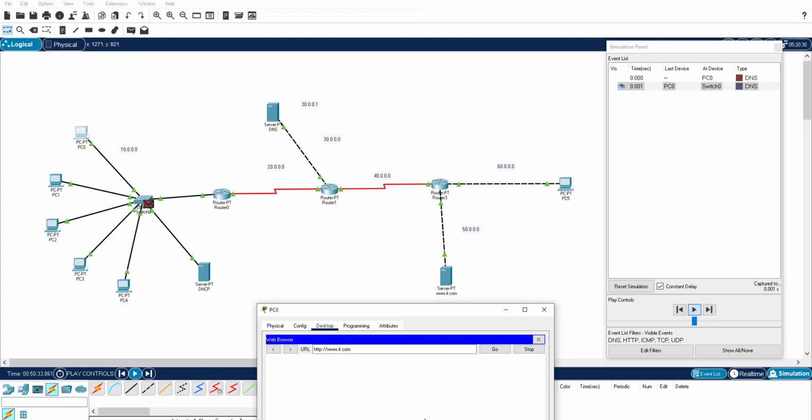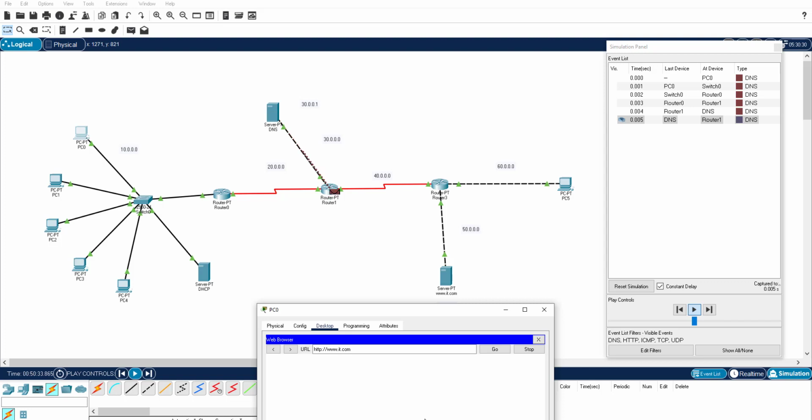The first one, the DNS packet, is started. From PC0, the DNS packet is going to the DNS server to find the IP address of it.com. Now the DNS machine is going to provide the IP address.